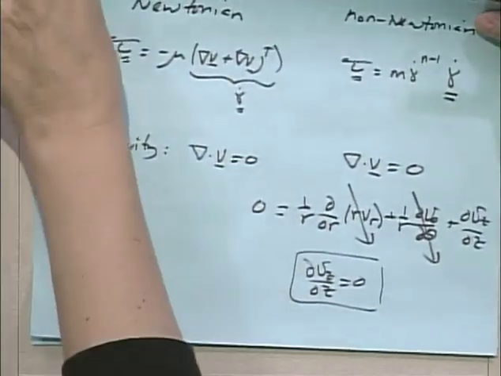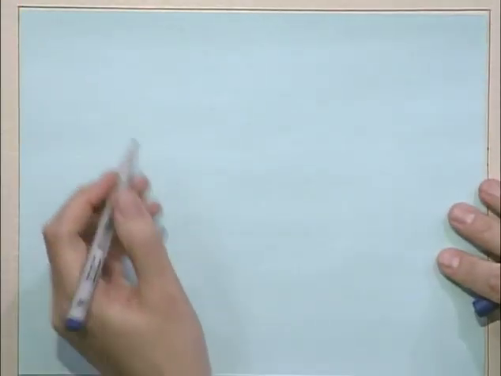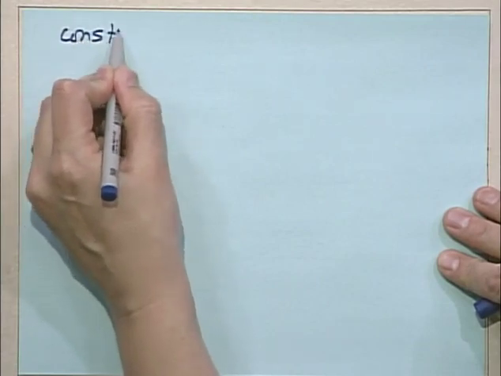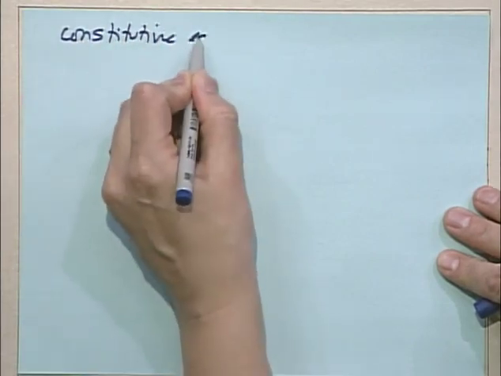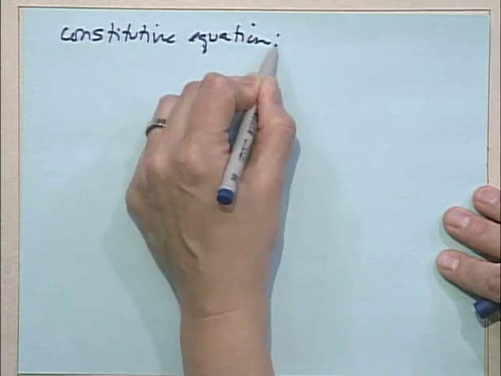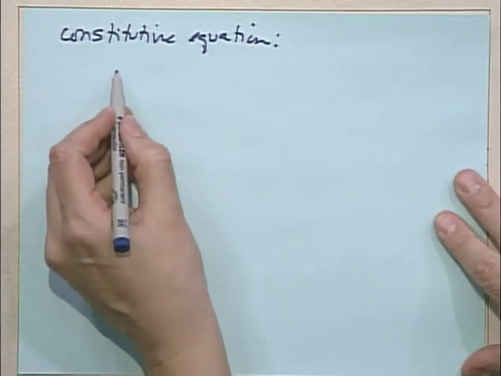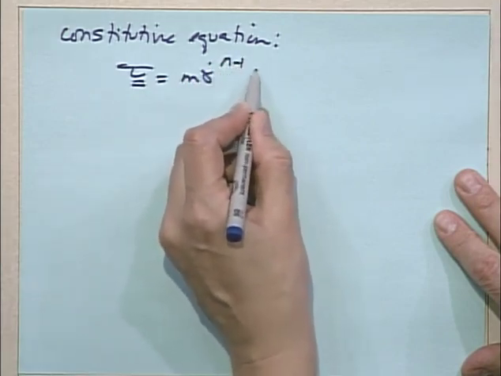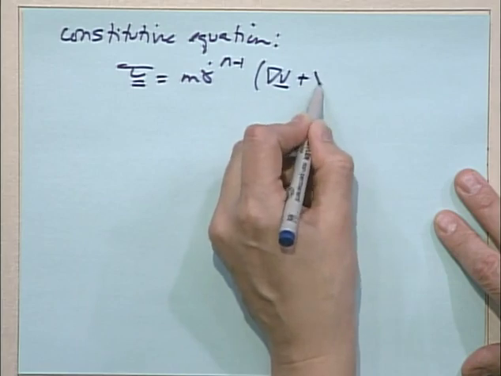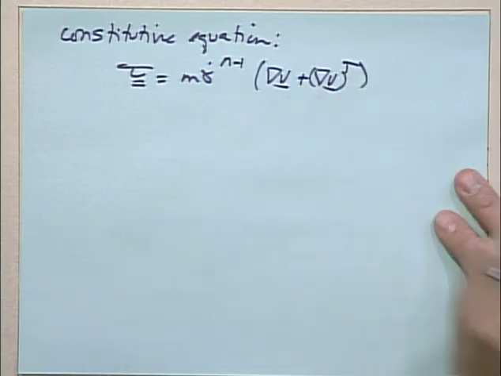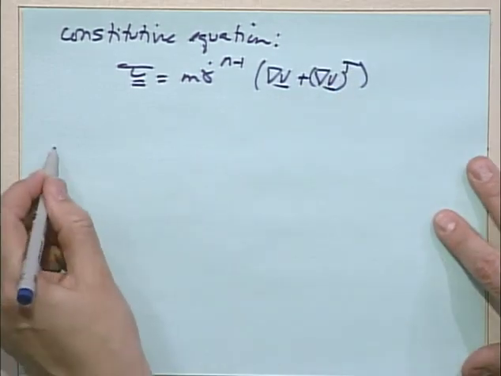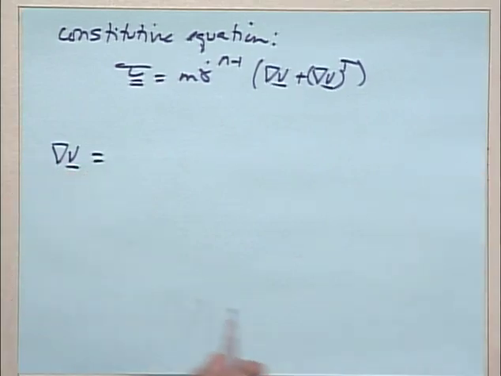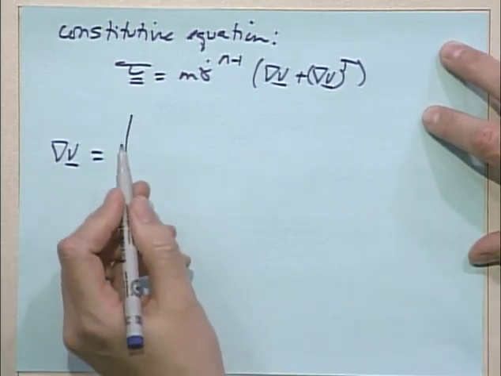All right, so we need to now evaluate the constitutive equation. So this is, in some sense, the extra step of non-Newtonian fluids. So the constitutive equation is tau equals m gamma dot to the n minus 1 times del V plus del V transpose. So we need del V. Del V comes from the table, and it is